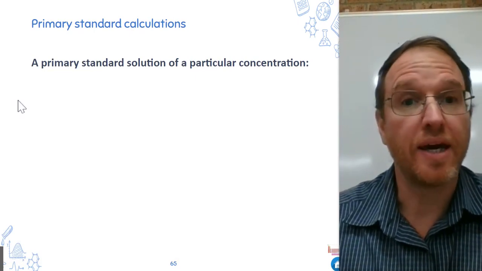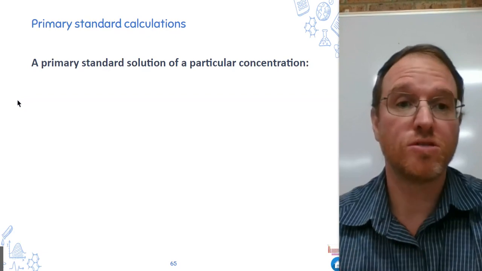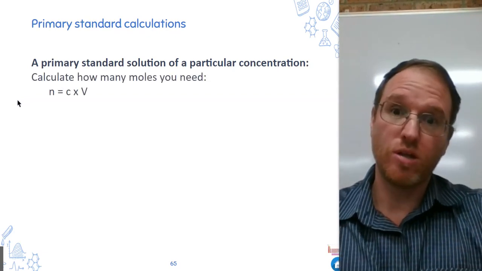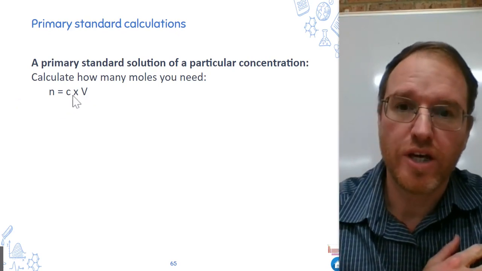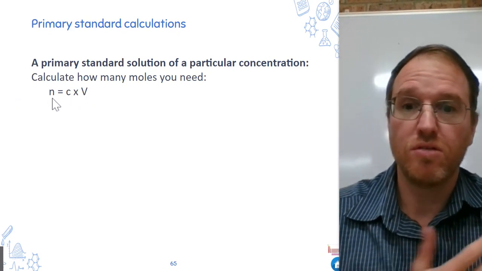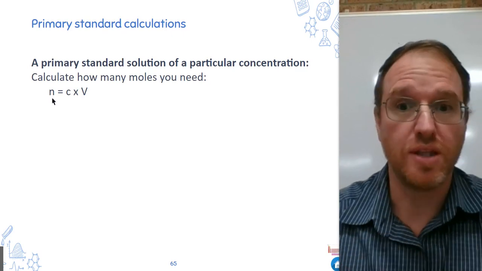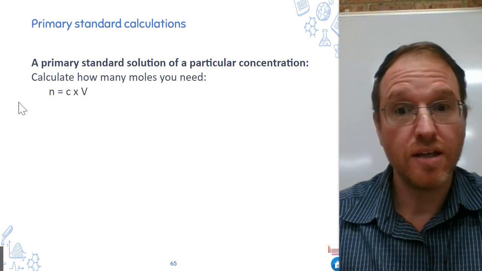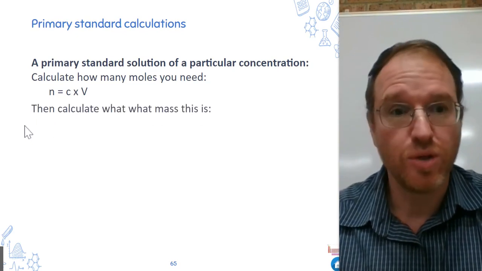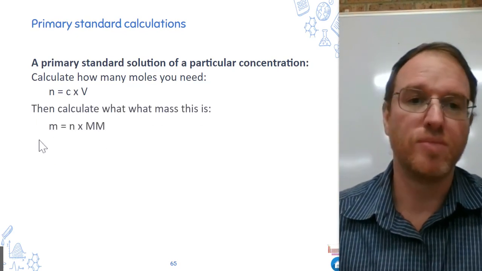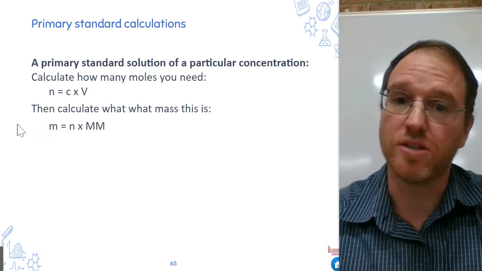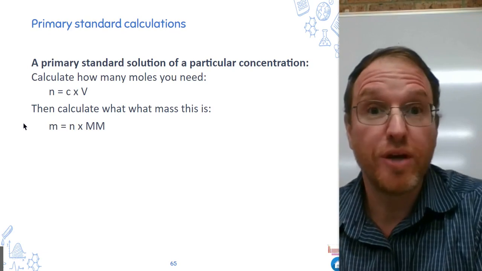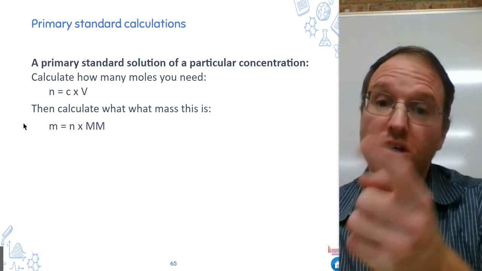Let's say we want to prepare a standard solution of a particular concentration. So we know the concentration we want, and we've got our volumetric flask, so we know the volume. Well, you know concentration and volume, so you can work out the number of moles that you've got to put in there, concentration times volume. So you work out the number of moles you need. And then, if you know the number of moles, you can easily work out what mass that is. Using number of moles is mass over molar mass, but we rearrange it. So if you want to make, say, 500 mLs of 0.5 mole per litre solution,